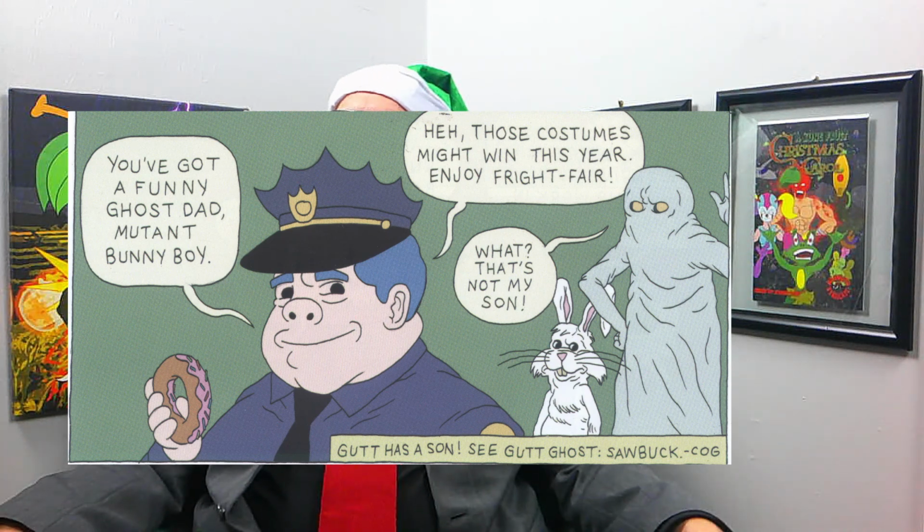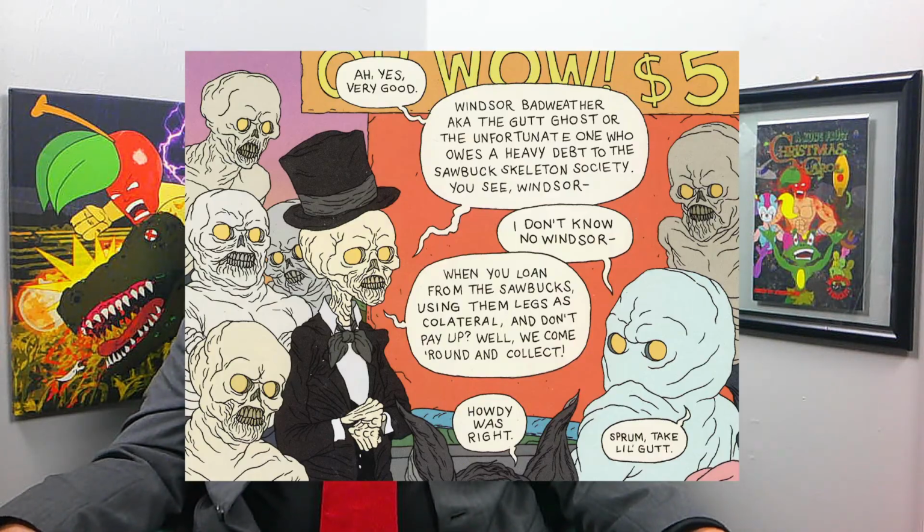Later on at Burger Bets, home of the big old bets, Gutt Ghost is approached by none other than the Sawbuck Skeleton Society. They either knew Gutt Ghost as Windsor Badweather or are having a mistaken identity. It doesn't really matter, as Windsor took a loan out from the Sawbucks that didn't pay, and now they're here